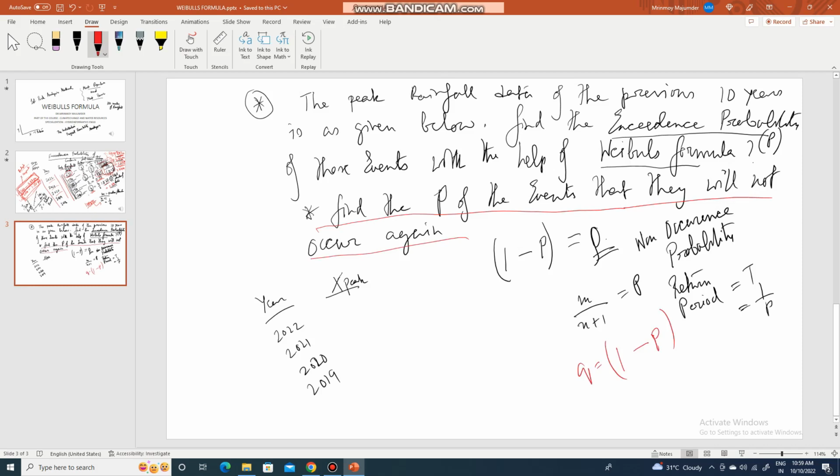We indicate the non-occurrence probability as q. So just deduct it. But if you are given the non-occurrence probability, they will also give you the time period within which that storm will not occur. If no time period is given, then you just go for 1 minus p. But if the time period is given